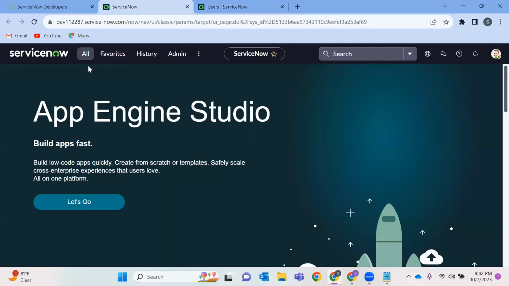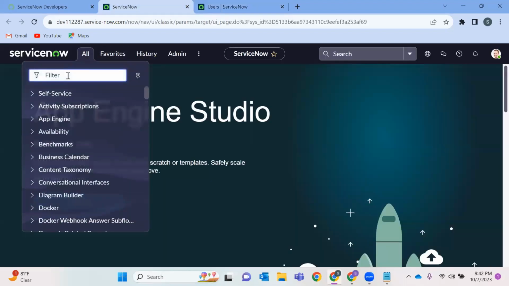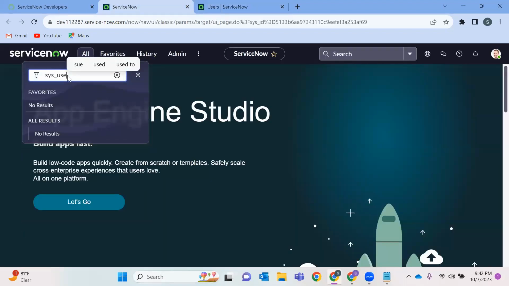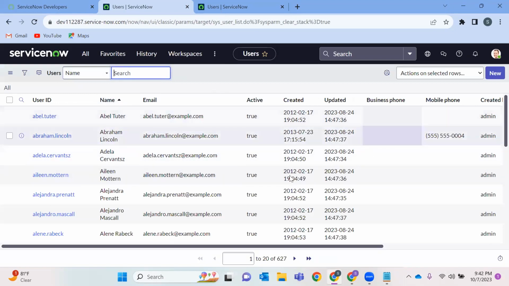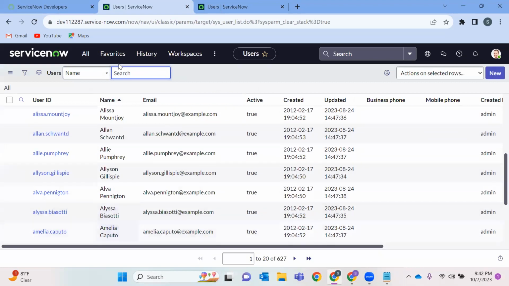Oh, I'm sorry. I have used a backend name. I'll tell you what this sys_user.list is. When I give the word list in small case, that means all the letters are small letters. That opens within the same tab. That means this is my home page, and I can see all these 627 records on the same tab.